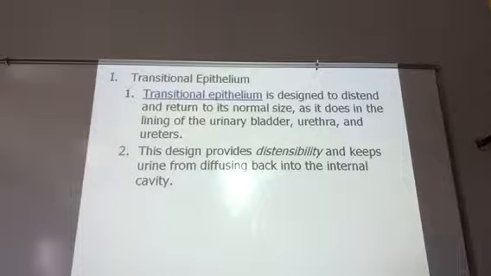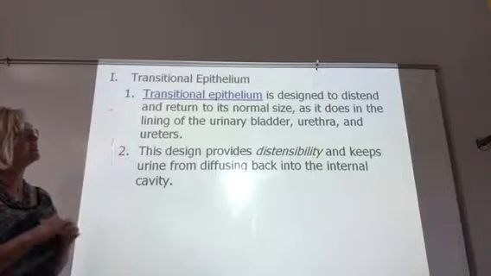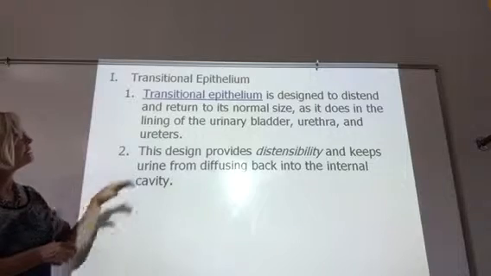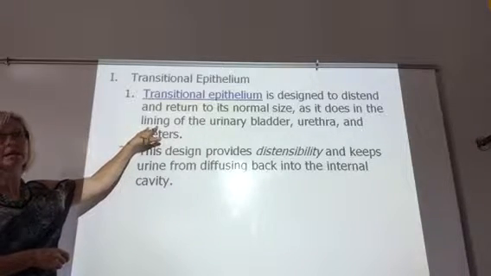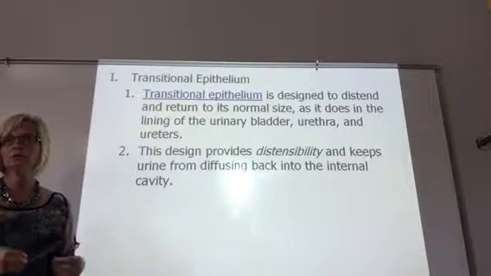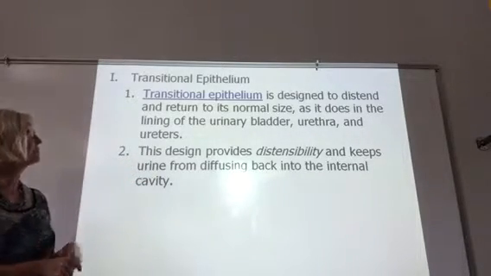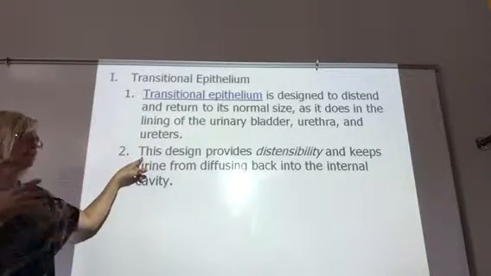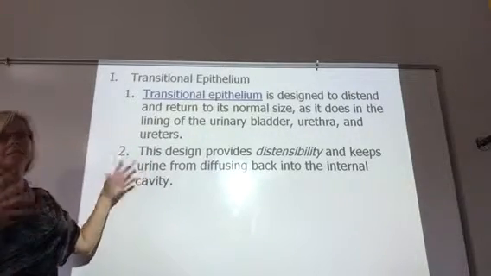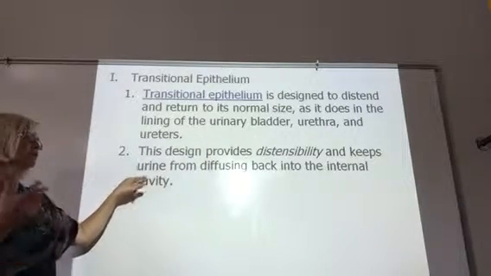Transitional, here's another type of tissue, very stretchy. Transitional epithelium allows things to distend and stretch. So urinary bladder, male and female bladder, urethra, ureters. Ureters are the tubes that go from your kidney to your bladder. This design allows them to distend, they're stretchy, and then keep coming back to their normal shape. It keeps urine from diffusing back into the